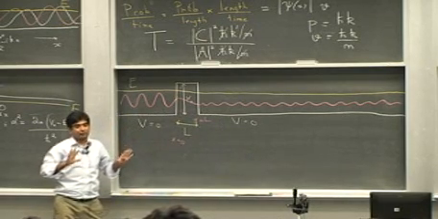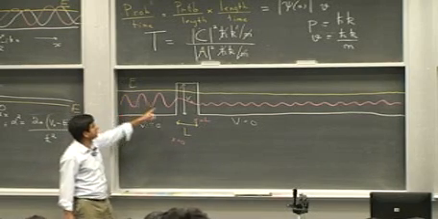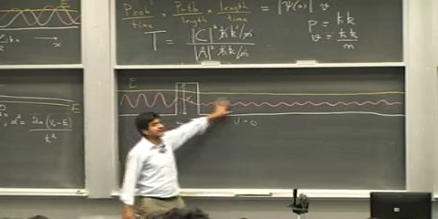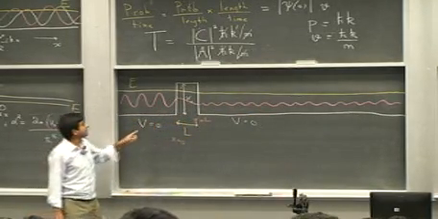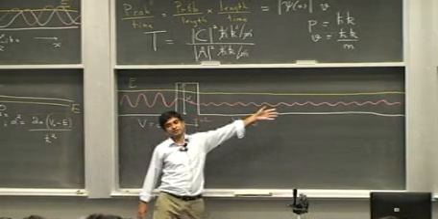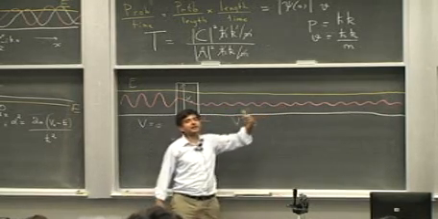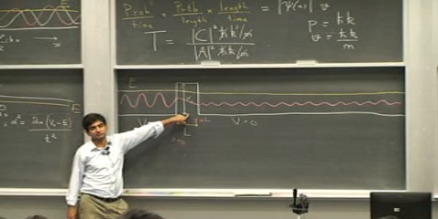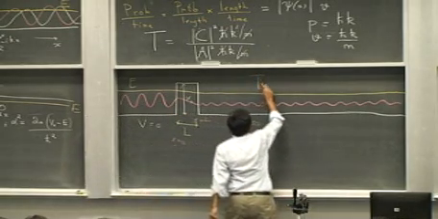So what this means is that if I have a situation, and your homework looks at this question in more detail, where an incident particle has energy less than the potential barrier, then all of this becomes classically forbidden. But quantum mechanics tells us, by solving the Schrödinger equation, that some of this energy can leak into this classically forbidden region. And if you see a photon here, if you see an electron here, it means that it must have penetrated through this region. This phenomenon is called quantum mechanical tunneling.